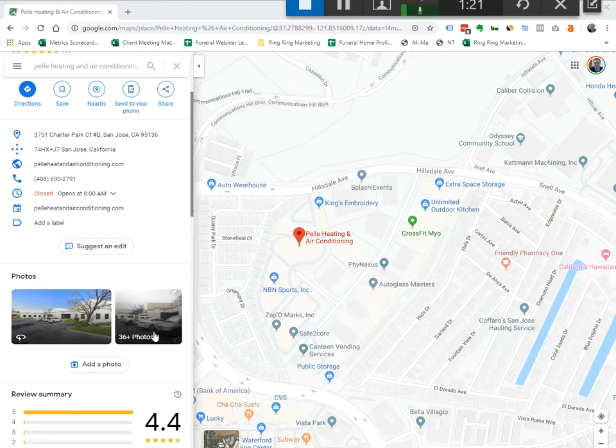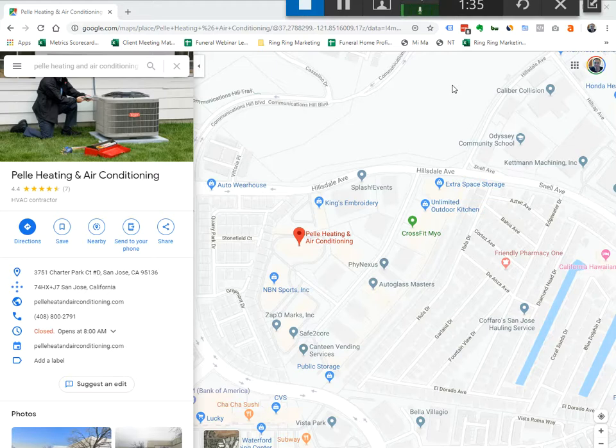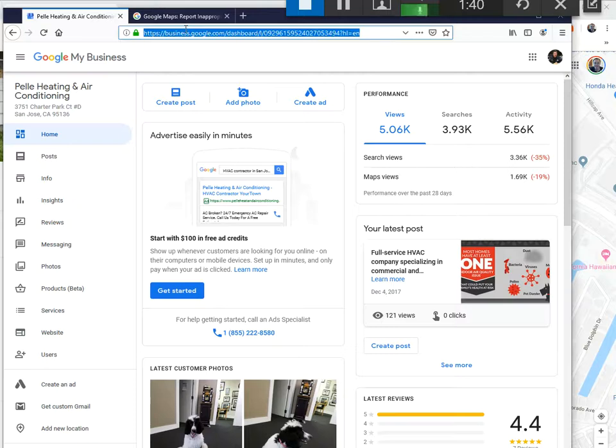This is purely minimum. Whether you're a funeral home or a home improvement company, you need a minimum of 10 just to satisfy Google's search engine results. But the more, the better. So let's see how you update the photos. It's very easy. You go on